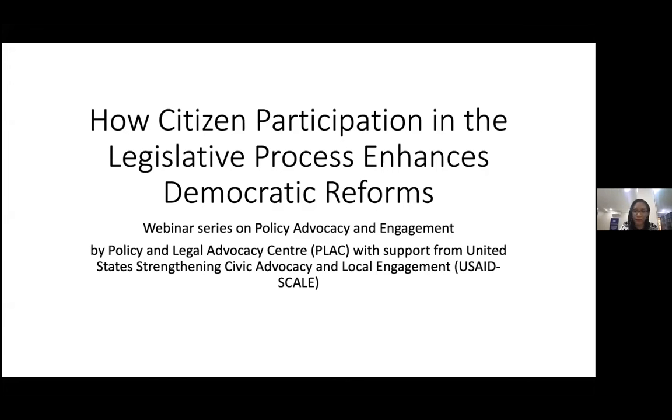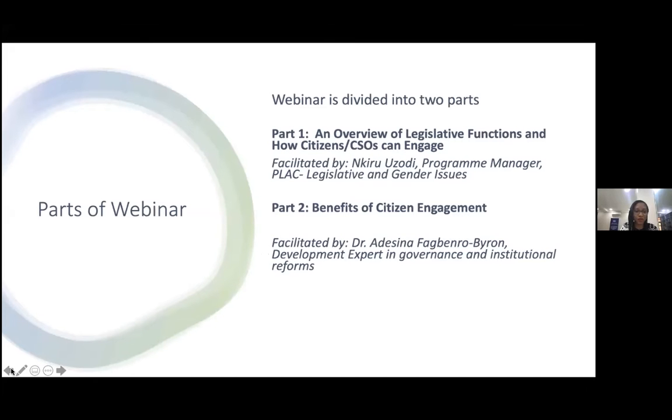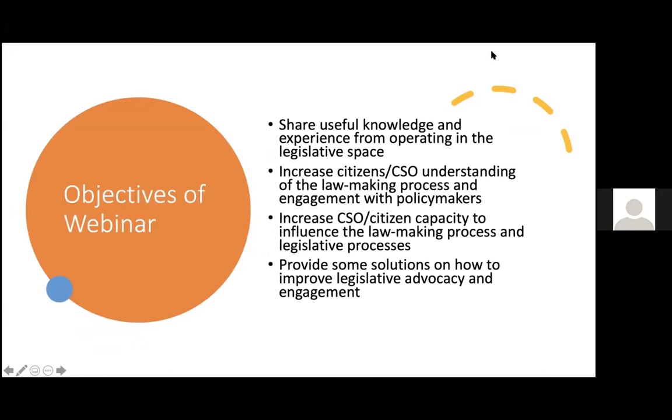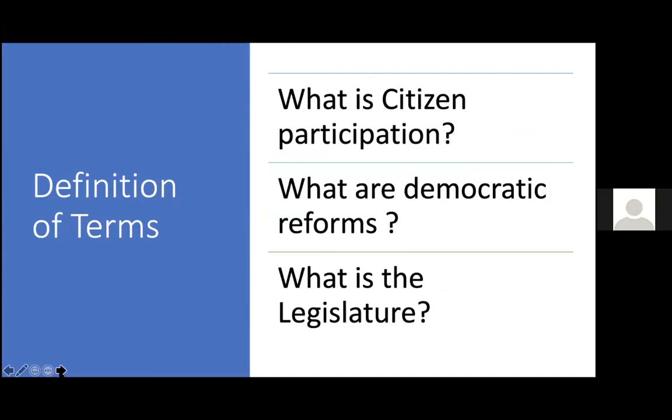So Brenda has already given us the objectives of this webinar, and there's no point in repeating them. But as you can see from the screen, these are the objectives and it's divided into two parts. I'm just going to start with an overview of legislative functions and how citizens and civil society organizations can engage the legislature, and Dr. Shino will take part two. Good morning, Dr. Shino. I think I saw him on the call briefly just a while ago. So I think I'll just start with